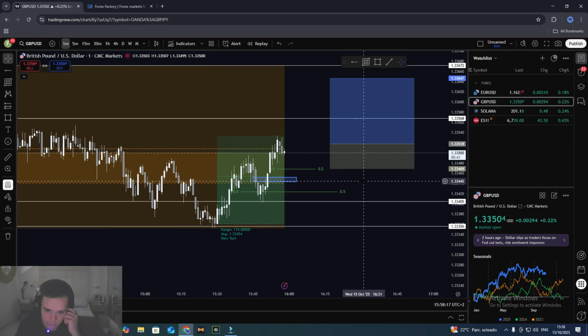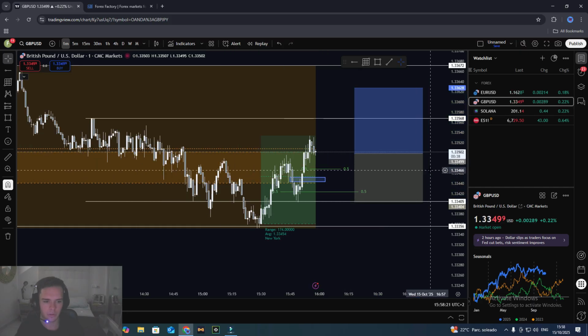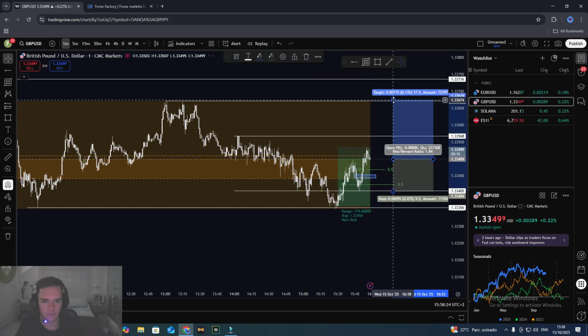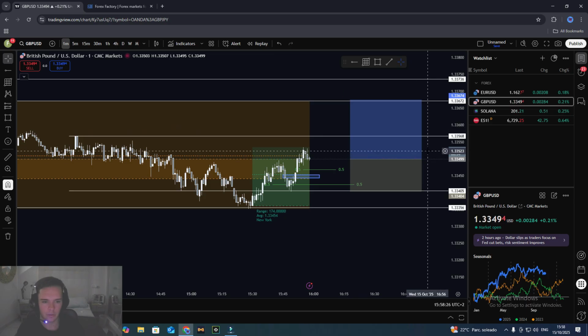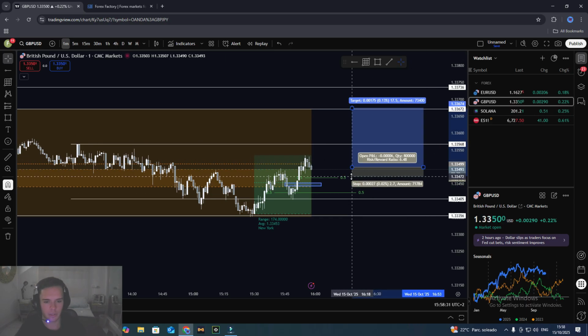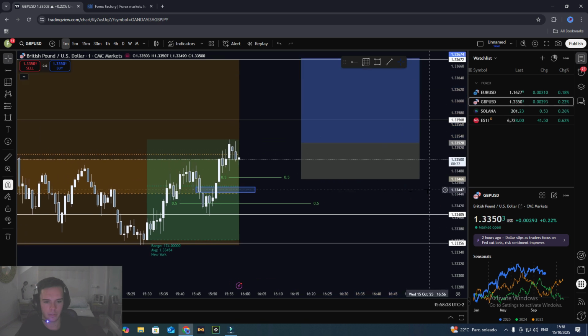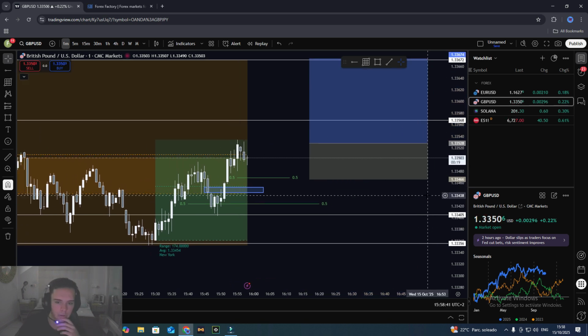Thing is, you could realistically enter off this, and you could, for example, just do something like this for a 1 to 1.8, or we can wait and possibly get a better entry and get a protected low here and get a much better position and make a few extra quid just by waiting. So I think that's what we're going to do. I think we're just going to wait. If we've missed the trade, we've missed the trade. It's not a big deal. I'd rather miss the trade knowing I waited for a better entry.